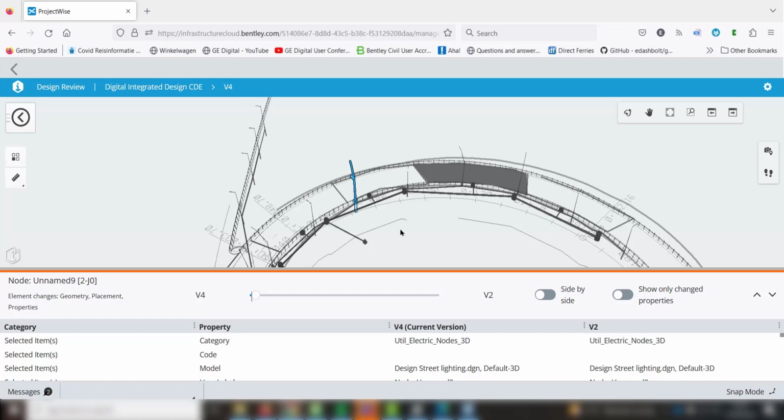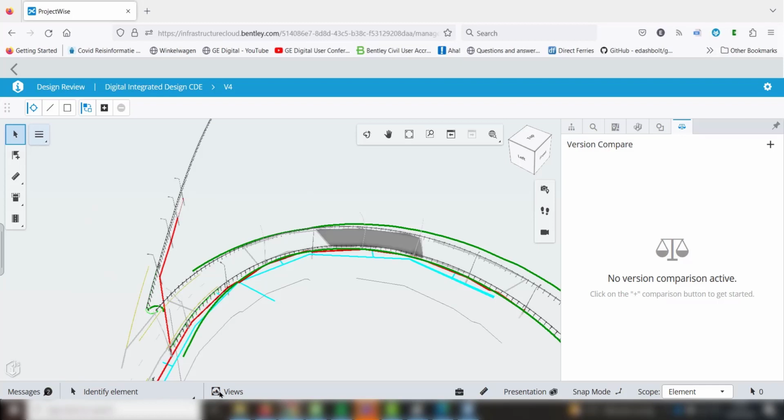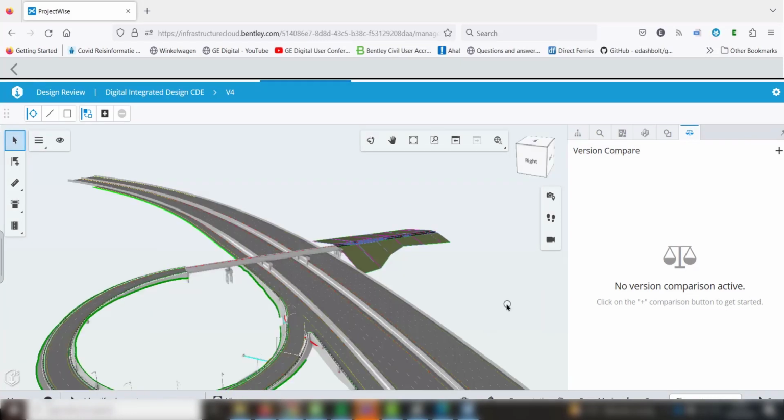And that's the interesting way of working: after synchronization, we create new versions, then we can compare what has been changed, create issues, assign them issues, keep them in the loop. So we've got a closed loop workflow. Let me go back to the saved view here. That's perhaps easier. So ProjectWise Design Review powered by iTwin gives you the full capability of a data-centric workflow, including